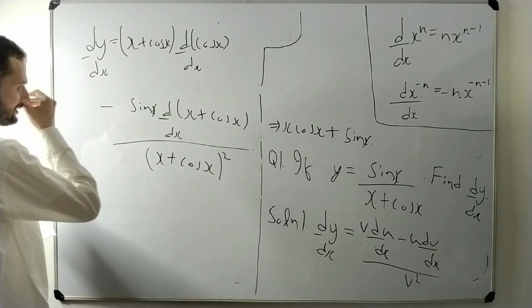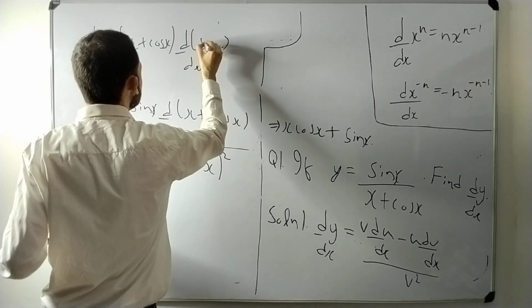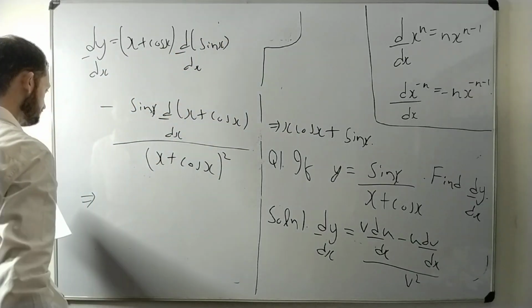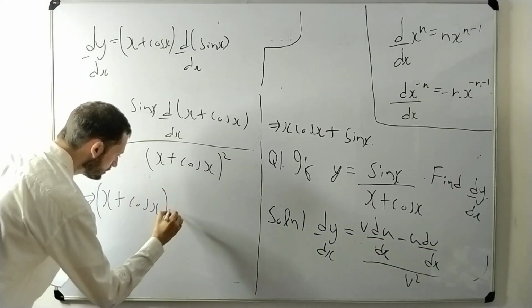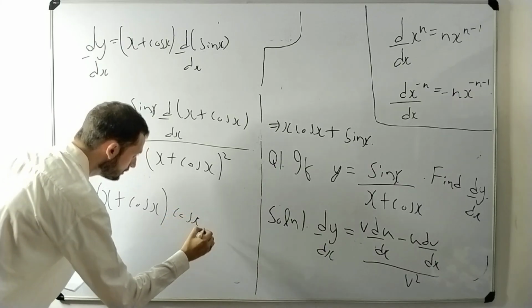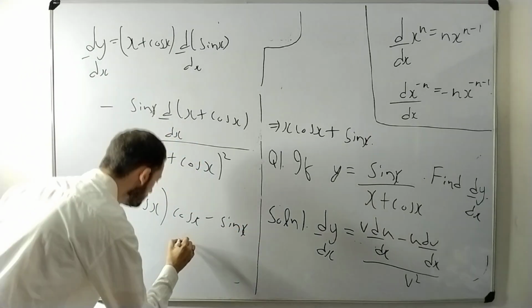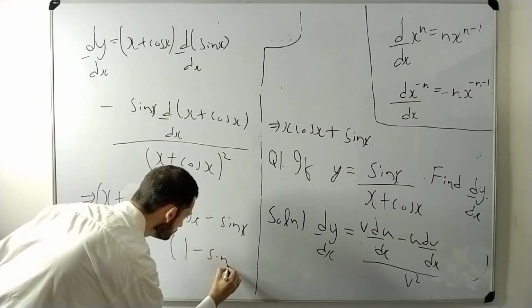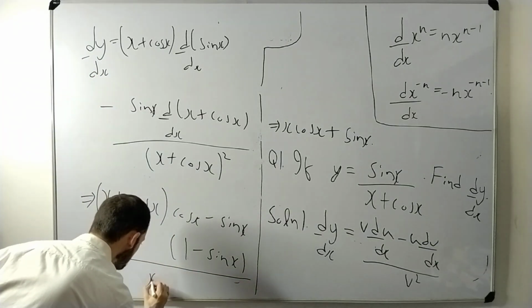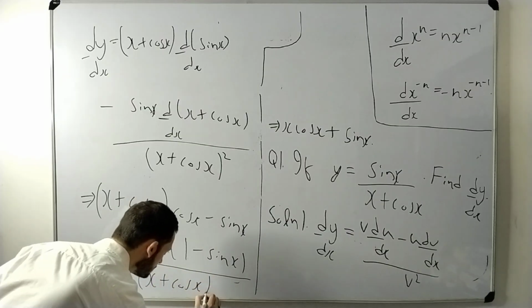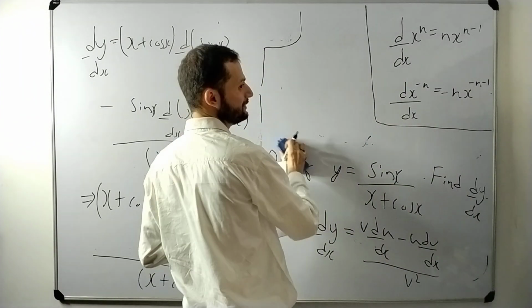Oh, yes, what you are saying is correct. Here it is sin x. Very nice. Here it is sin x. Then this should give us x plus cos x, and this is what? Cos x. Alright, students. Then minus sin x, and this is what? 1 minus sin x. This is what? x plus cos x, x plus cos x whole square. Then the answer is, so the thing is,